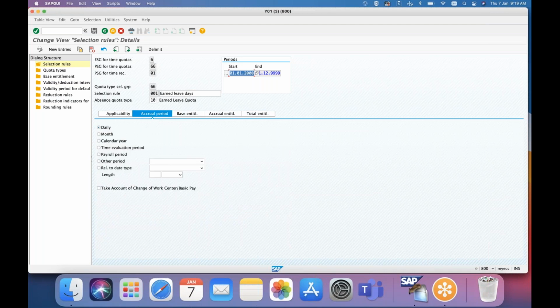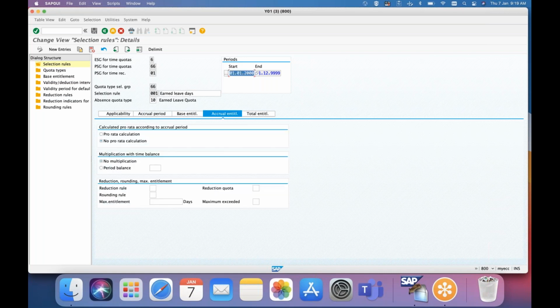So we have some other things. Actual period, you can use daily. Let us say the same example which you are asking. Say for example, 30 leaves should be generated day wise, the prorated value. So what we will do here is actual period, you will put it in daily. And here you have something called actual entitlement. Here you will check prorate.